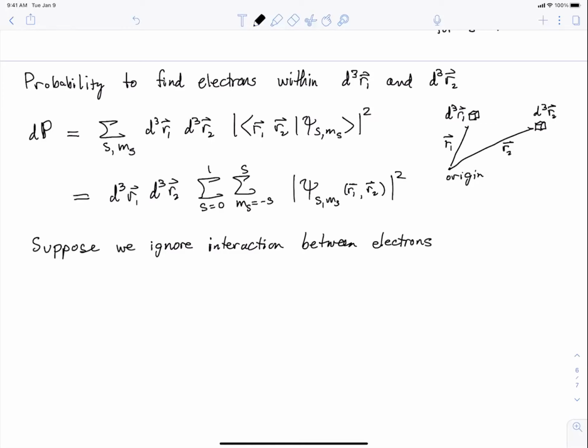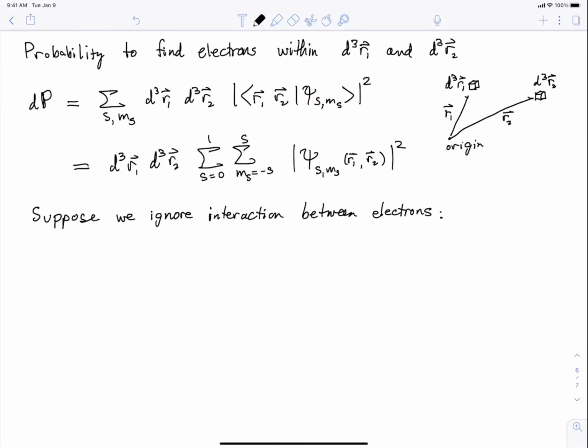But one reason we can get away with it is because we're typically interested in, for example, the situation where we have a nucleus, which has a much larger charge. And so that's the main effect that's causing the energy levels or the wave functions of the system. And we're going to treat the interaction between the electrons as a small perturbation, even though it's a rather large repulsive effect. So in any case, our Hamiltonian under this assumption